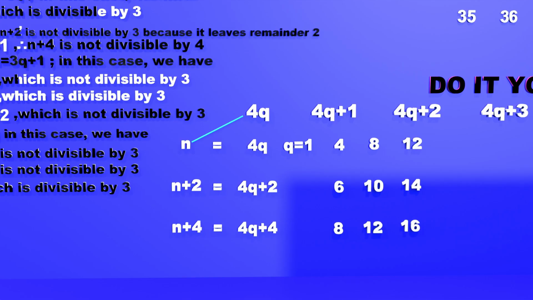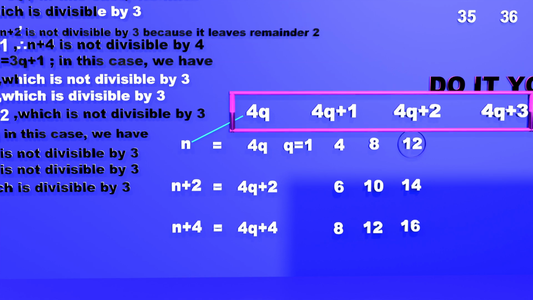Here we have taken q as 1, 2 and 3, and in the first case we have 6, which is divisible by 3. That means only one out of n plus 2 and n plus 4 is divisible by 3. In the second case we have 12, which is divisible by 3. Again only one out of n plus 2 and n plus 4 is divisible by 3. In the third case only 12 is divisible by 3. So what did you understand? Let me explain it. By taking these 4 forms, we saw that only one out of these 3 numbers is divisible by 3. That tells you can take the form of 4. There is nothing wrong.